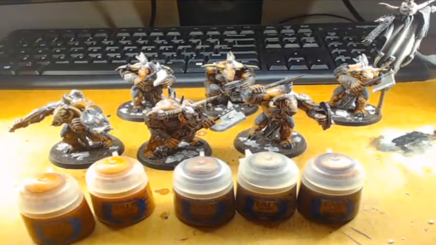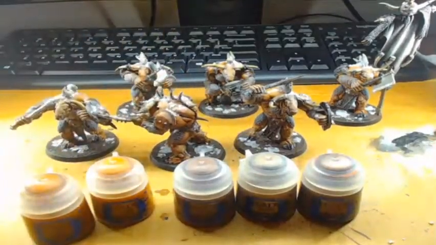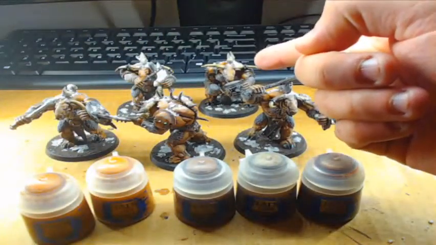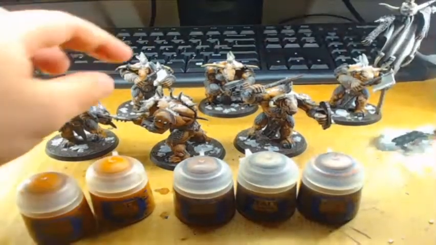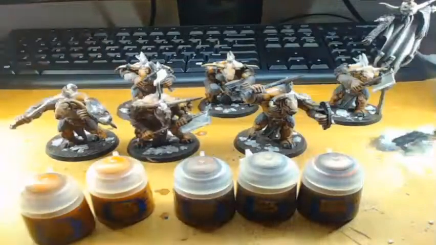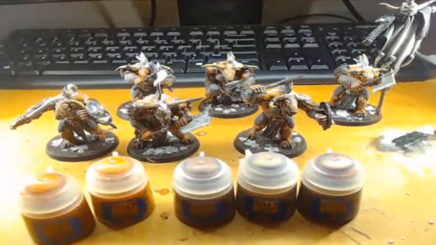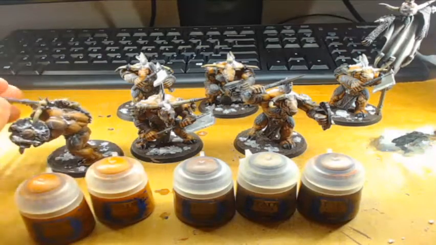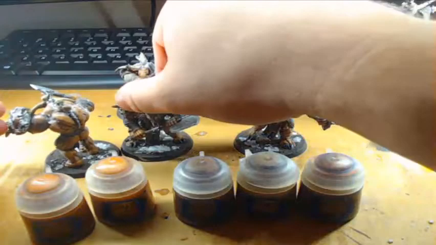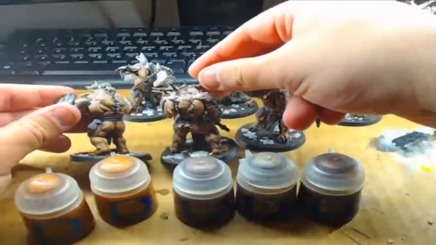So for two of the models, I believe it was my boss here, as well as the drummer boy, I did just standard layer painting on the skin itself. However, due to the extra terrain, I was able to at least cover up some of that. But for the other ones, I just went ahead and did a dry brush. Now, let me go ahead and show a small side-by-side comparison,